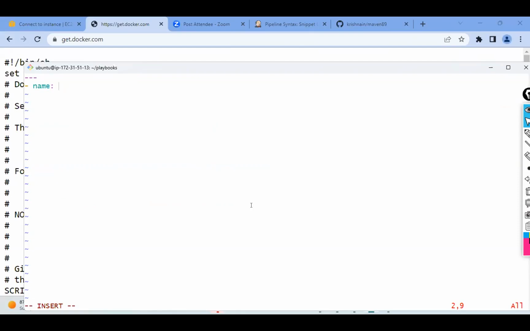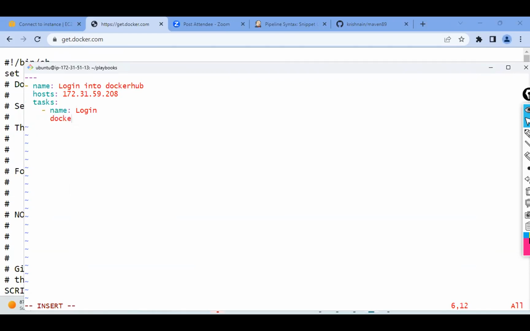You have forgotten, right? Docker login is a command, and it used to ask for the username and password. After that, we used to give the Docker push command. Okay, so the same thing I'll do. I will say login into Docker registry, whatever. Hosts is equals to one machine. We are not working on all the machines, we are just working on one machine. The next activity is tasks. In the tasks section, I'll say name is equals to login.